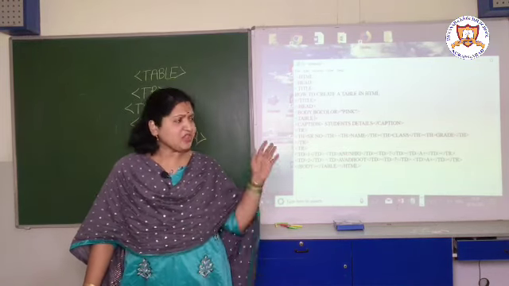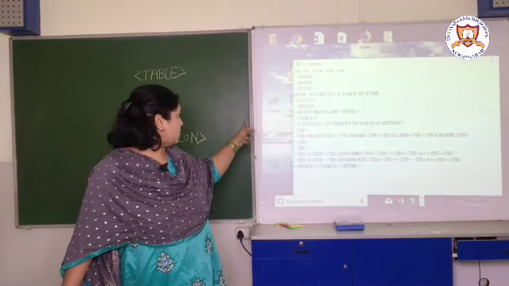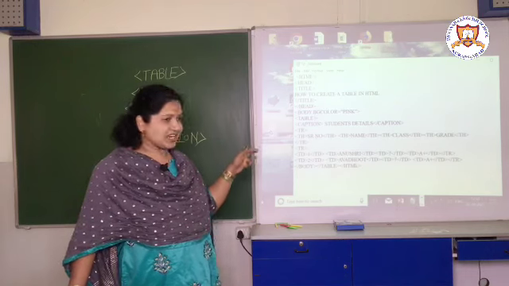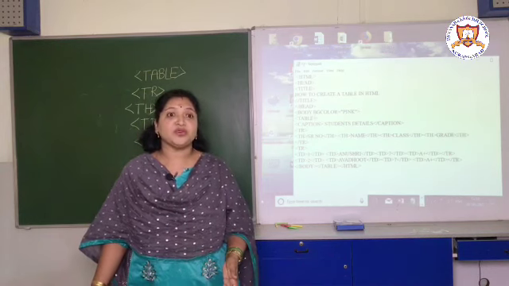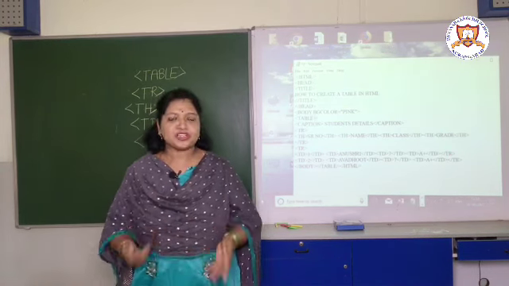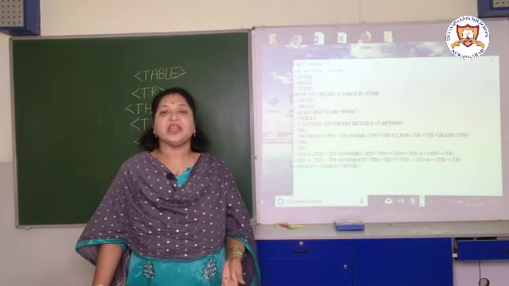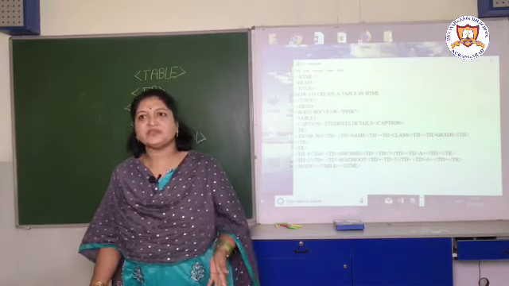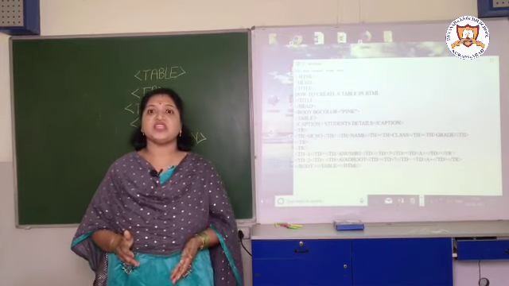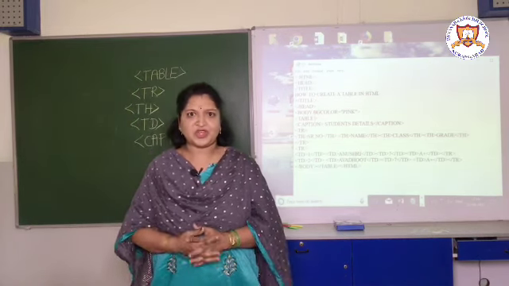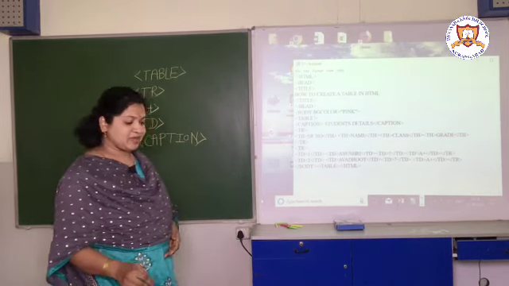In start, we have to make use of the angular brackets, and in those angular brackets we are writing the code. Okay, we are writing here the tag name, or you can also specify the attributes. Again, a question may arise in your mind: what is meant by attribute? Can anybody tell me? Or this is a new thing for you, so I will explain without asking you. So attribute is the additional information about that tag. We are definitely going to learn about the attributes of table tag also, but before that, first of all we will prepare a table.